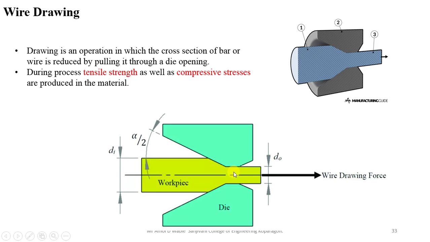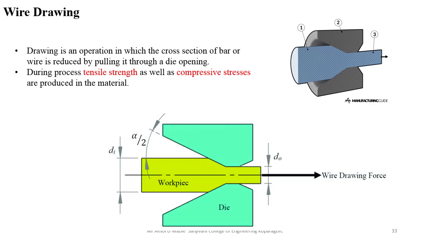Let us see another process, that is the last process, wire drawing. So basically, for wire drawing, the application you might have seen is your copper wire used as an electric wire. If you remove the plastic cover of your electric wire, there will be 8 to 10 copper wires, and the diameter is around 30 to 40 micron. Such accuracy of diameter can be maintained in this wire drawing process.